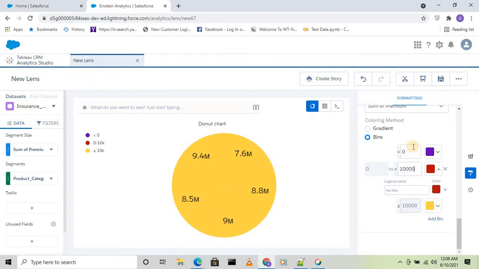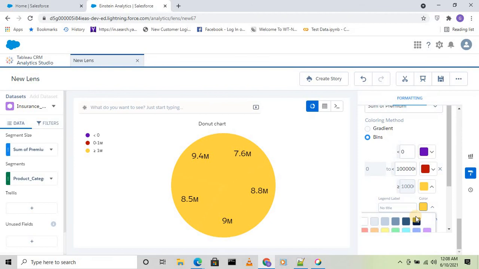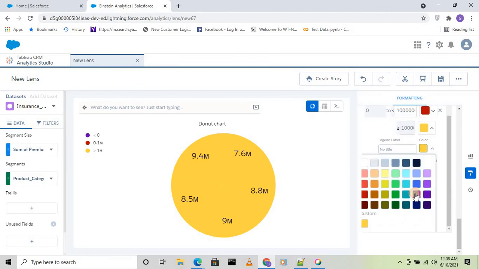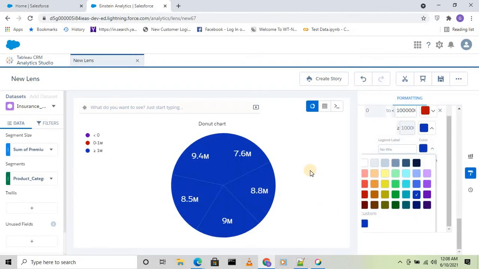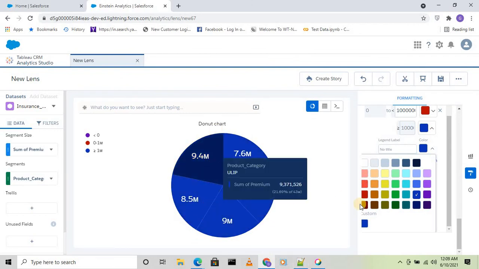Okay. Then greater than this one, I'll give another color here. Maybe this blue. You see what it is saying? Everything is falling under this blue bracket, so that's why it is giving me blue.